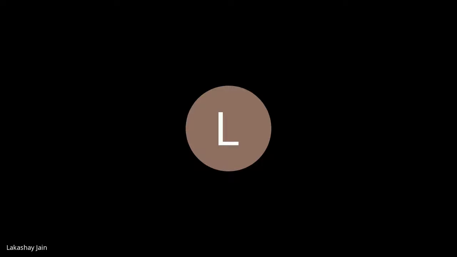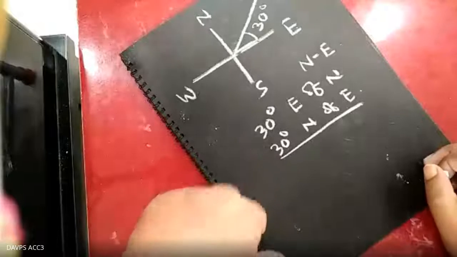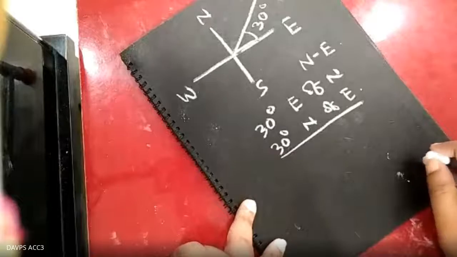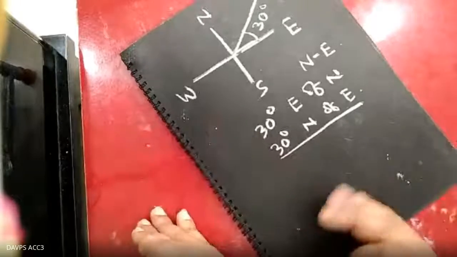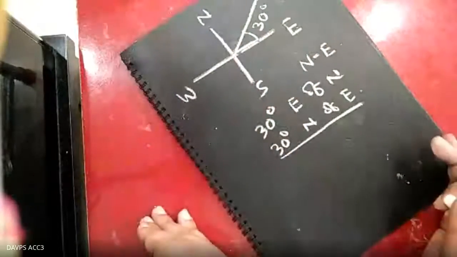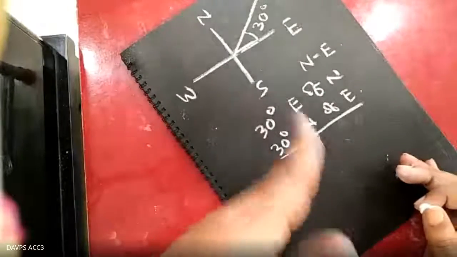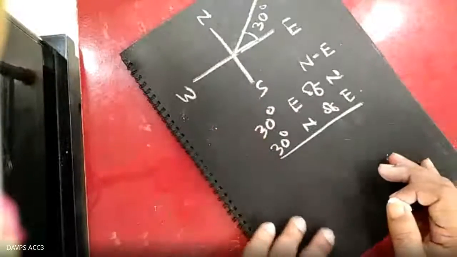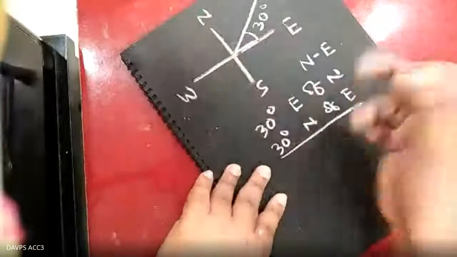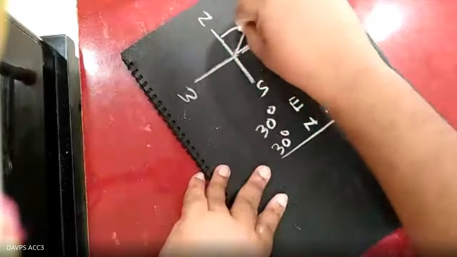How do you remember it? Somebody made the mistake here just now. Actually, it is north of east. North of east means the east is making 30 degree towards north. That is the north of east. The other one, east of north, is where the north is making 30 degree towards east.